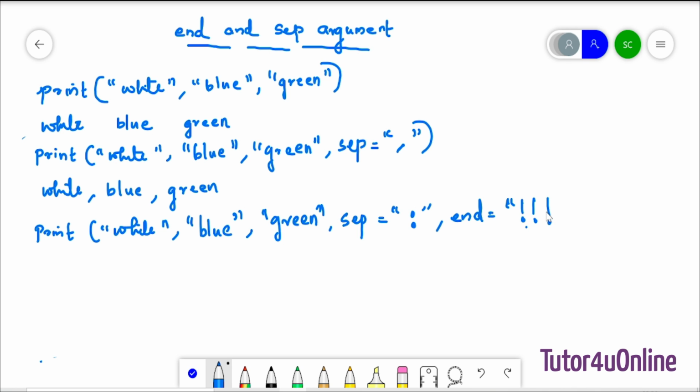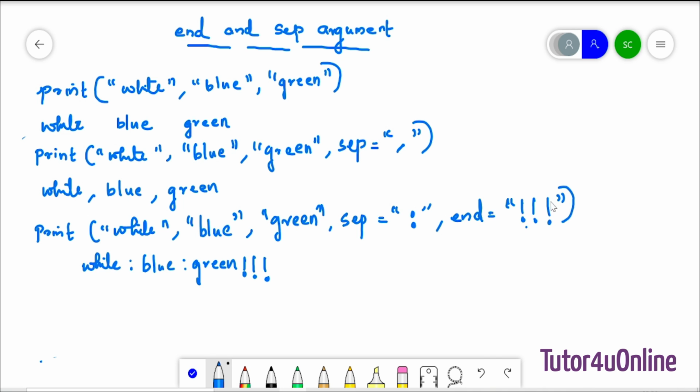Here you can put any symbol, I'm just putting 3 exclamation marks. Then close the bracket. So the answer will be white, what is the separator? Colon. Blue, colon, green, then it ends with the exclamation marks.